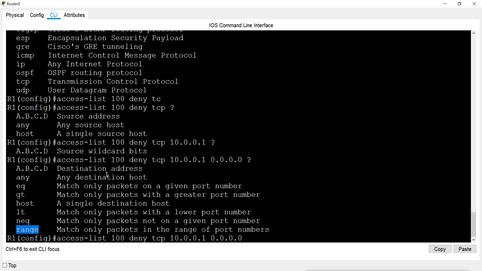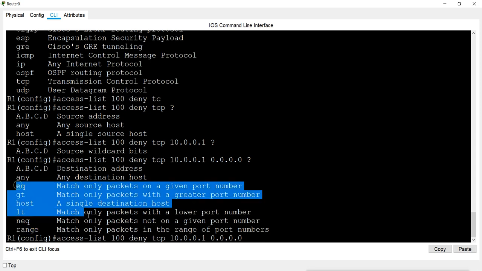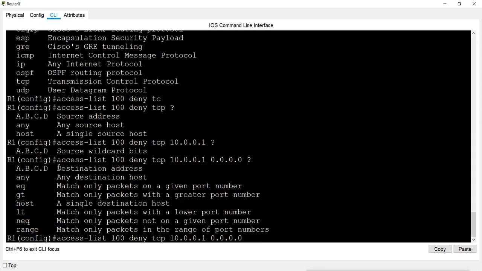So instead of mentioning the source port, I will mention the destination IP. I can mention the destination IP with the wildcard, or I can mention the single IP by using the host keyword, or I can mention any, that means any host, all. So I want to block from 10.1 to server 70.3.